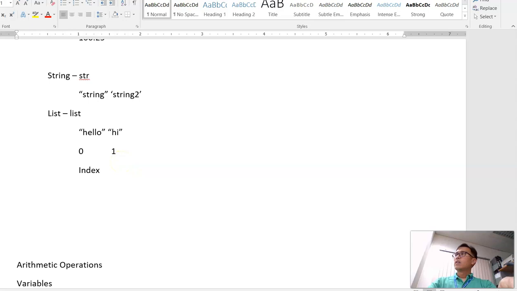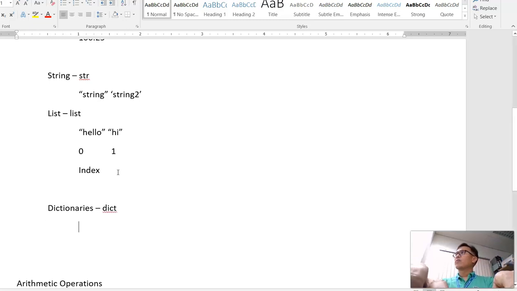Okay. The next one is dictionaries, or we declare them as dict. What is a dictionary? Well, basically dictionaries are unordered key pairs. When you say key pair, there's key and then the value. So what is the first thing is the value. For example,